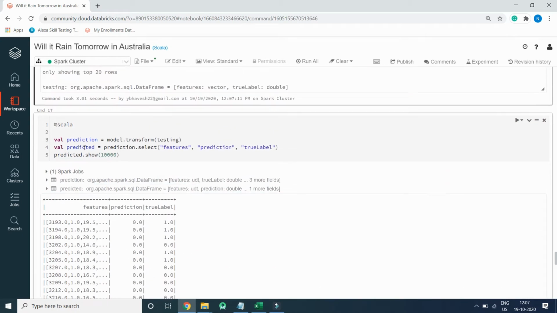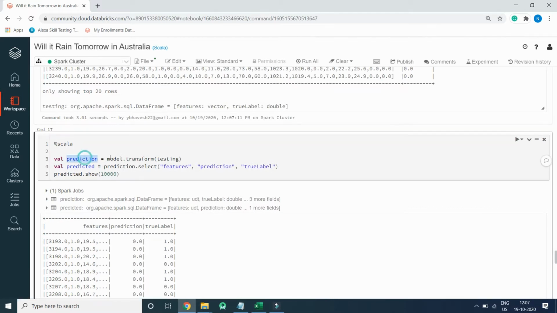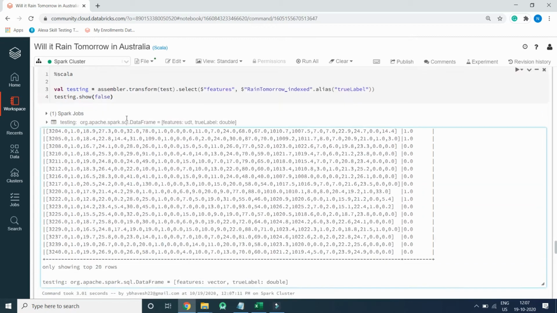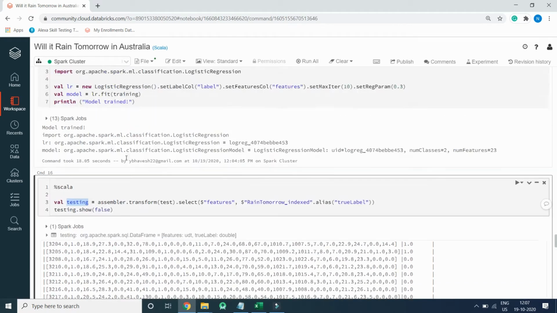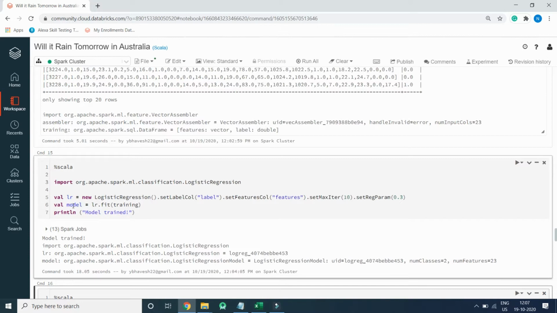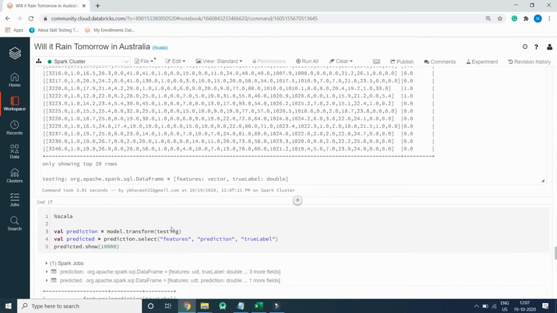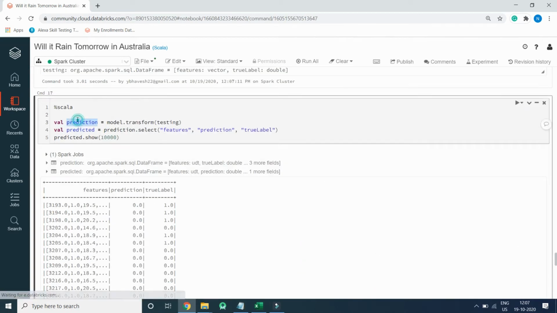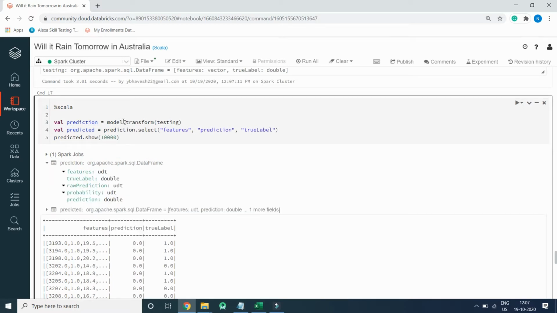Here we will be writing val prediction equal to model dot transform testing. So this testing data will be transformed with the help of this model which we have created. So we will write val prediction, which will be of type data frame, model dot transform testing, and we will select prediction.